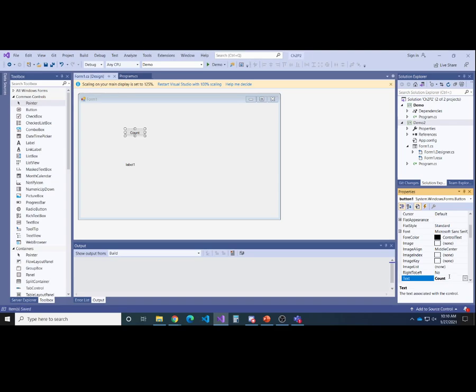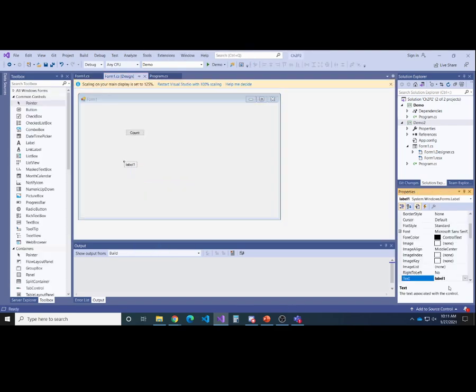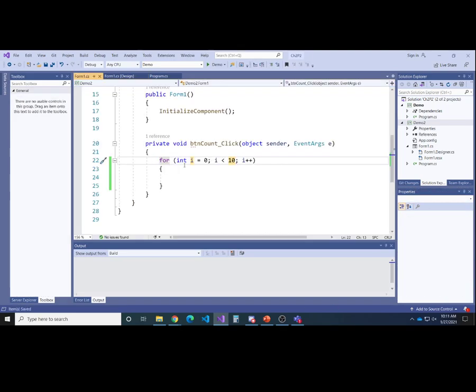Make a button that says count. It will be called button count. For i equal to 0, for your control variable equal to 0, while i is less than 10. I'm going to call this label result. Label result dot text plus equals